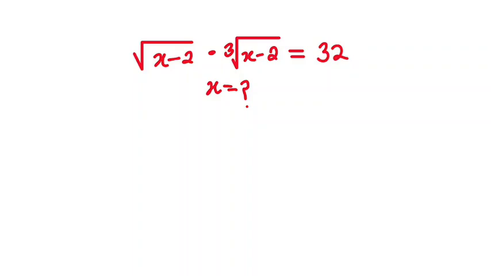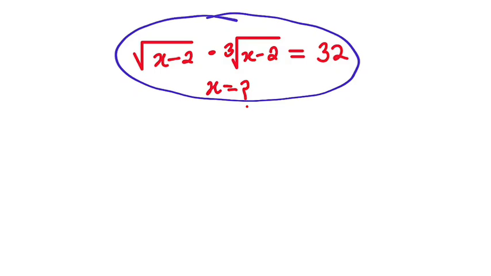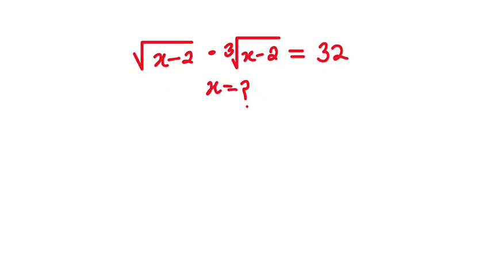Into this tutorial, we are going to solve this problem on the board. So this is a radical equation. How are we going to solve this? Now this is what we are going to do. Let this inside, x minus 2, be a particular variable. So say let y equals x minus 2, and if x equals y minus 2,